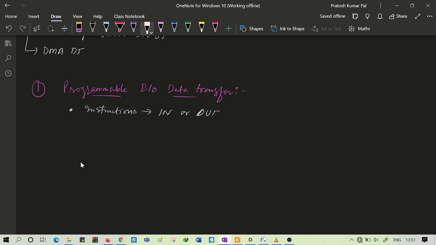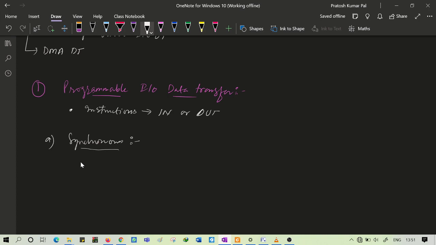Okay, so here it is further divided into two different types. Basically we will see the first type, that is synchronous data transfer. In case of synchronous data transfer, as we all know, synchronous means whatever function it is performing, it will be performing at the same time.